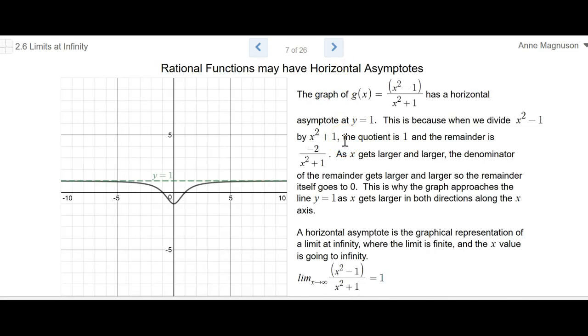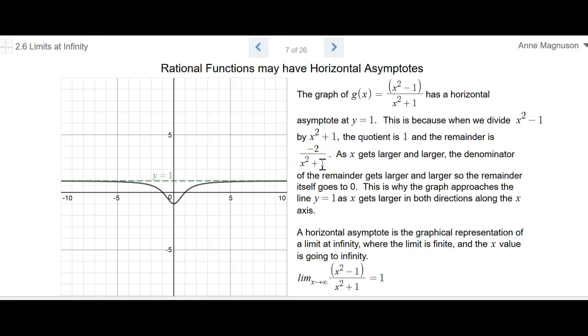So you may recall that rational functions may have horizontal asymptotes. Here's an example of a rational function. And when we graph it, we see it has a horizontal asymptote at y equals 1. And the reason that occurs is, if you remember doing polynomial division, this rational function is really just the result of dividing x squared minus 1 by x squared plus 1. So when we perform that division, the quotient is just 1, and this is the remainder, minus 2 over x